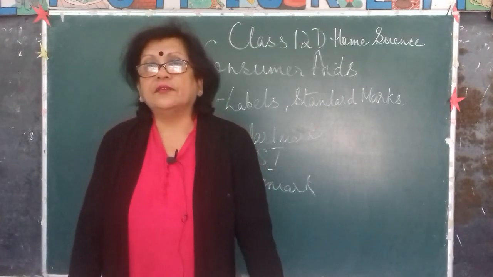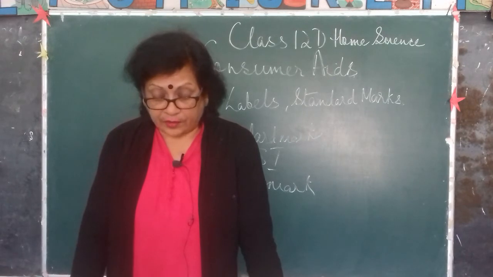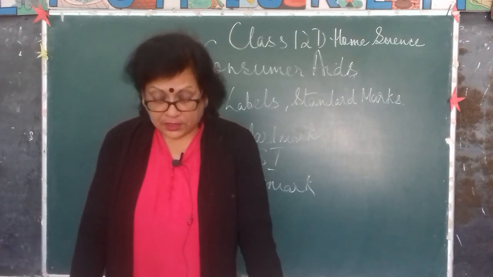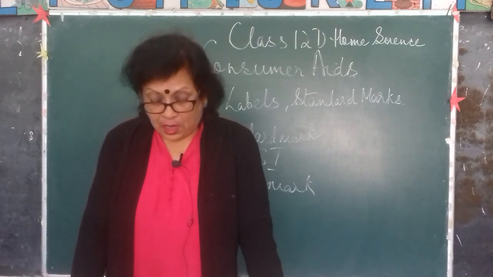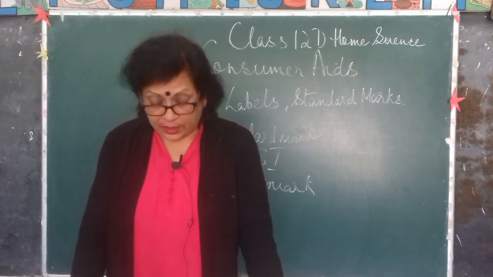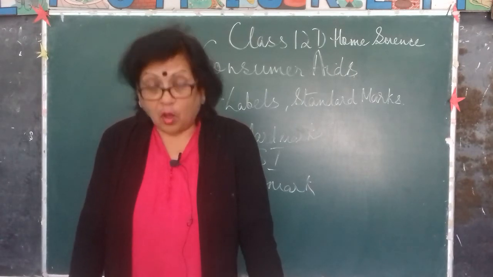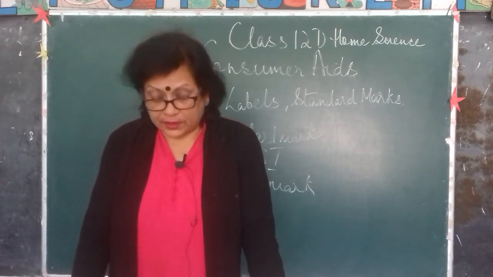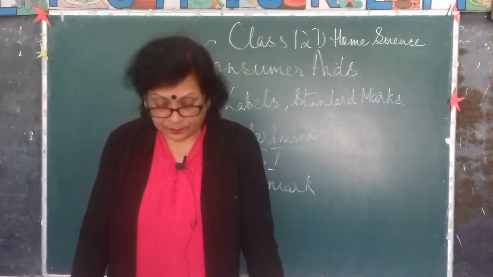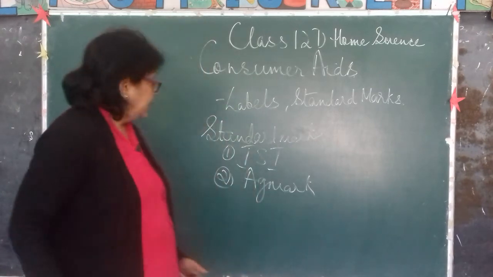So Agmark is given to rice, wheat flour, gram flour, citrus fruit juices, turmeric powder, coconut oil, all the different oils, mustard oil, etc., honey, then all the different masalas that we use, coriander seeds, ginger powder, cumin seed powder, etc. The third one is